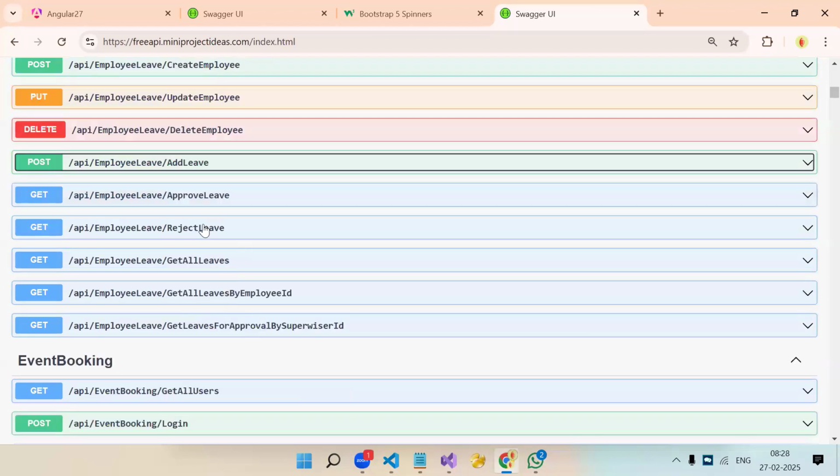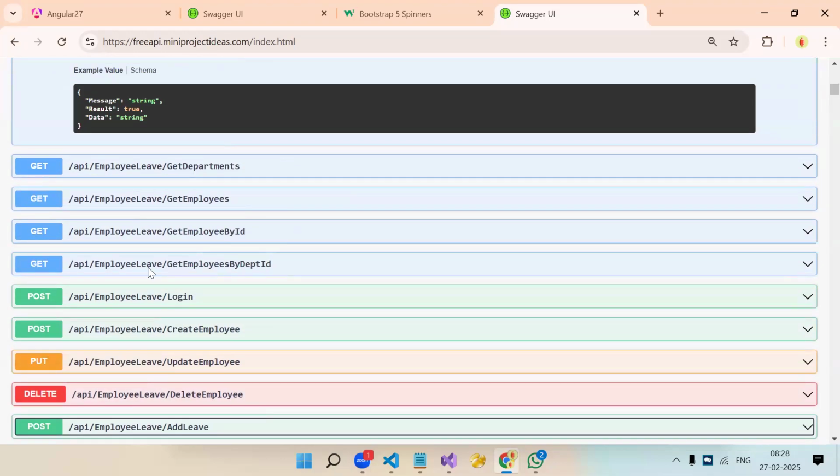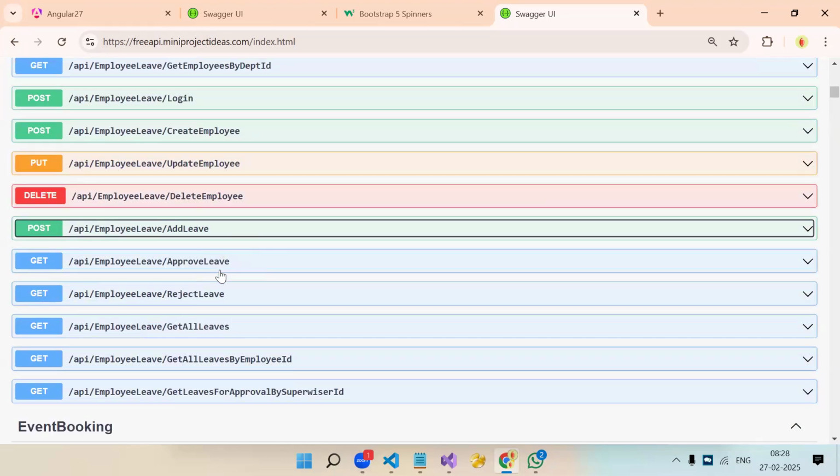In leave, again, you don't have update and delete. You just create the leave and get all leave. These APIs are there, but again, I will explain once we are completing the login. So you have to create the employee and create the leave. Only 2 pages you have to do. Understood? Yes, sir.